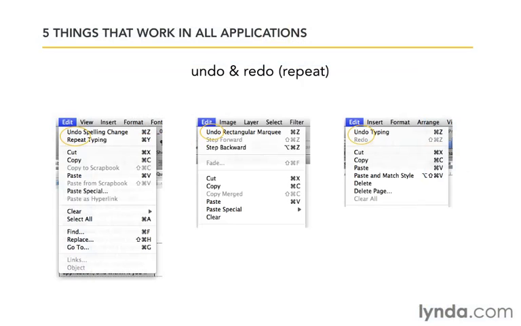Feature number 3 is another group of commands that also appear under the Edit menu of most applications. They are Undo and Redo. Whenever you make a mistake like accidentally deleting some text or making a change to a photo or video clip that you want to take back, you'll more than likely use Edit Undo. In almost every application, you'll find an undo command, which simply takes back the last change you made to your